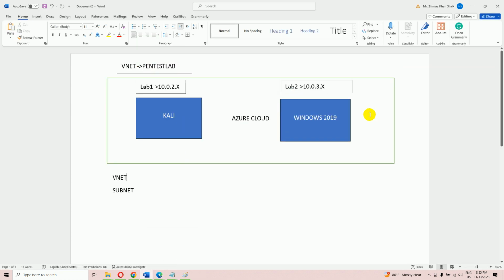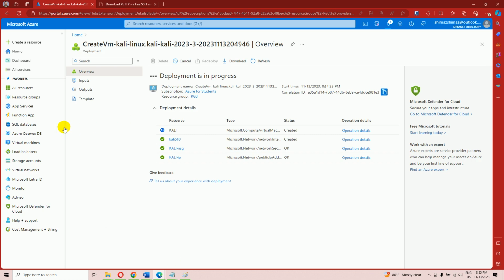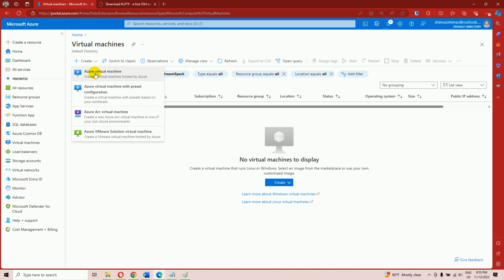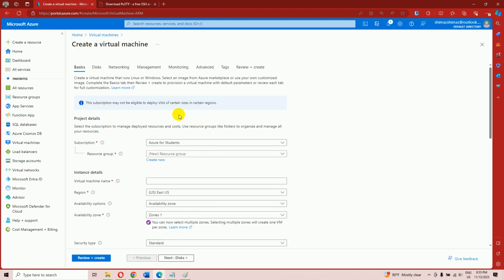This virtual machine 2019 server in lab 2 subnet, and lab 2 subnet is in the VNet, I mean Pentest lab VNet. Okay, so we go to virtual machine again, and then click the create Azure virtual machine, and then